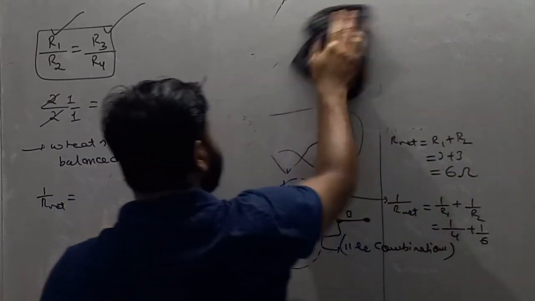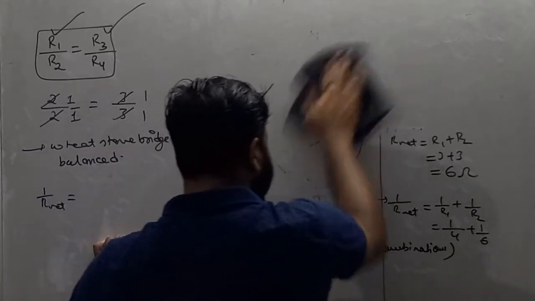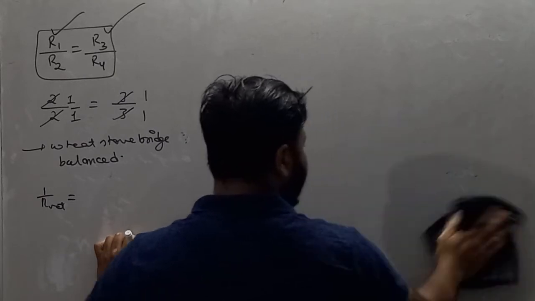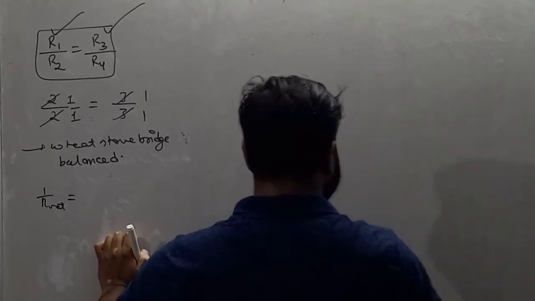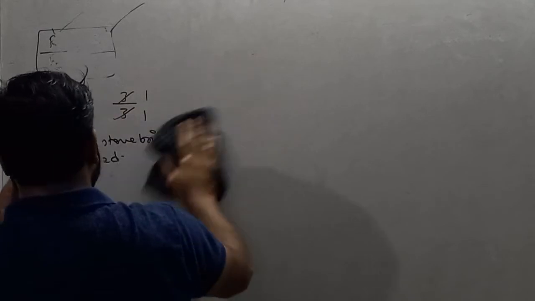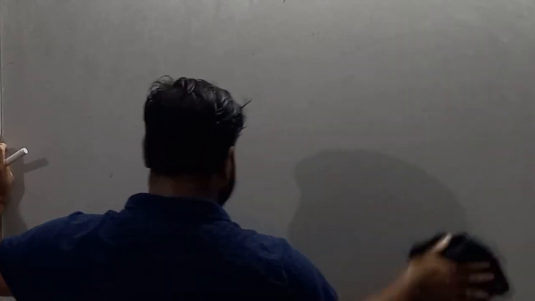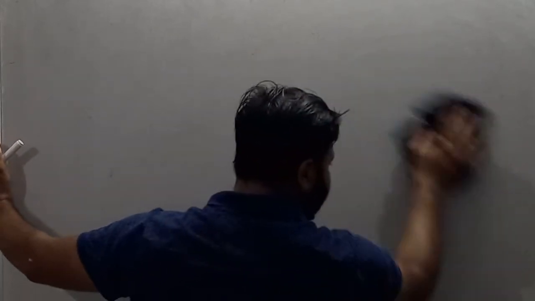So write down: find the net resistance between points A and B in the given circuit. So check it out, dear student. The circuit is,